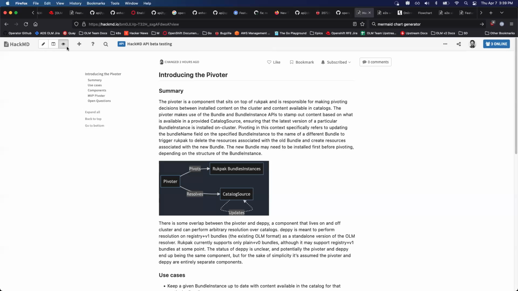So rather than channels defining upgrade graphs, an upgrade graph has nodes in it, and the nodes can say which channels they're part of. Then in the upgrade graph, you can have just any directed graph that you want, which means you could upgrade from V1 to both V2 and V3. And then you'd have to have something on the cluster that knows how to pick one of those after you've